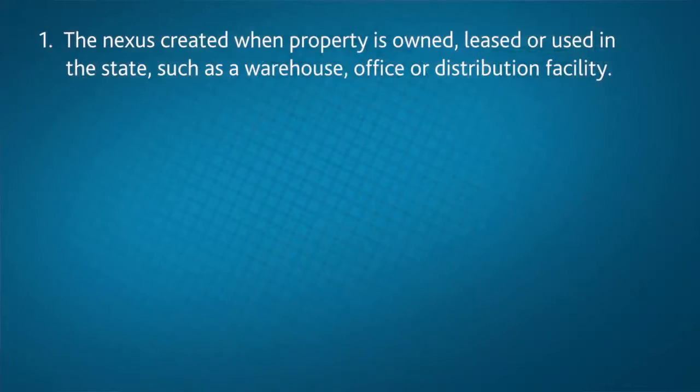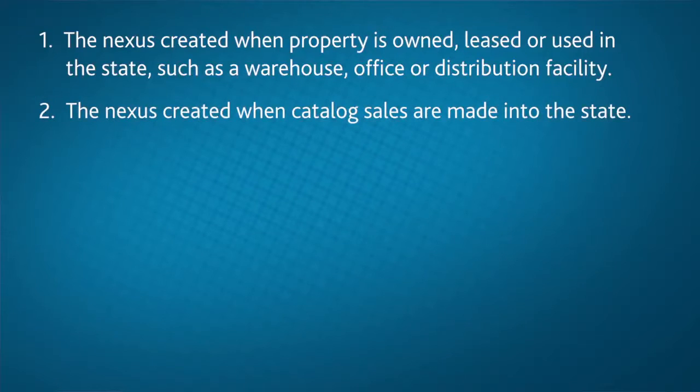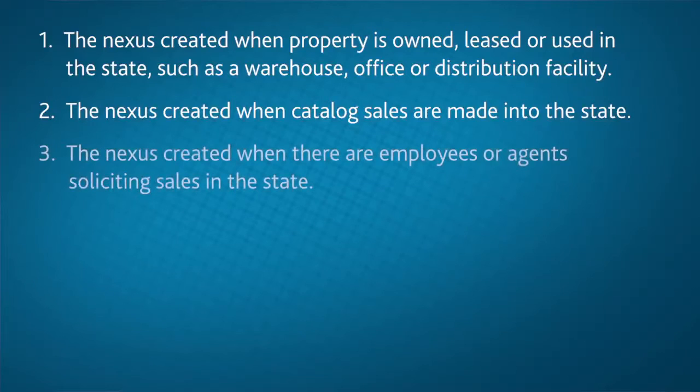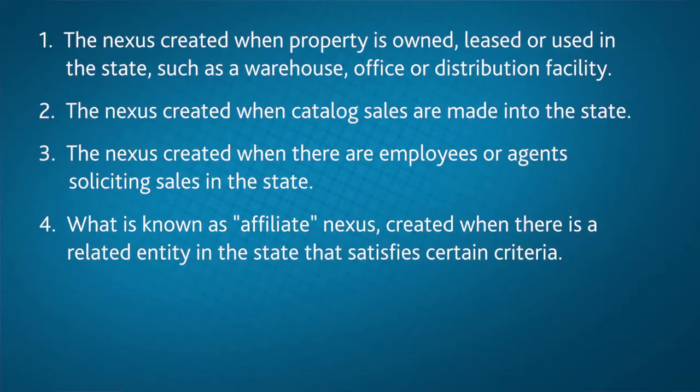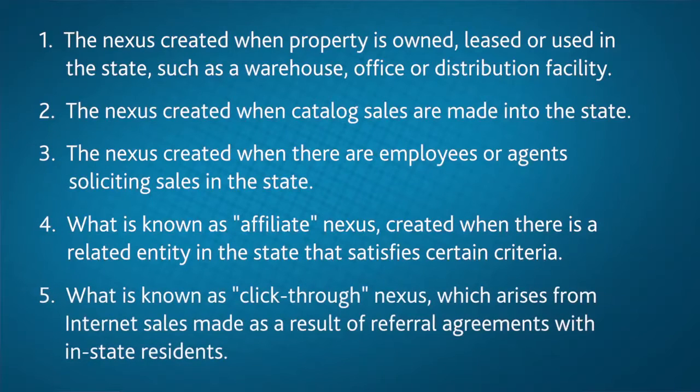such as the nexus created when property is owned, leased, or used in the state, such as a warehouse, office, or distribution facility. The nexus created when catalog sales are made into the state. The nexus created when there are employees or agents soliciting sales in the state. What is known as affiliate nexus, created when there is a related entity in the state that satisfies certain criteria. And what is known as click-through nexus, which arises from internet sales made as a result of referral agreements with